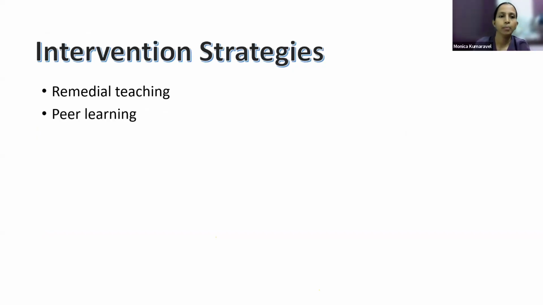Some children feel more hesitant to come and ask doubts from us. Being an adult, they will feel like, okay, she may know a lot of things. If I go and ask this question, will she see me as a very low person? Such kinds of things can happen with the children. So when you apply these kinds of peer learning techniques with those children, it can actually help them, both the stronger child and the weaker child who are involved in the peer learning.